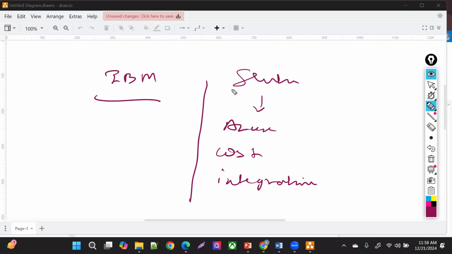So if you're telling me that my workload has been deployed with Sentinel on Azure, then I'm using it. The customer will say, okay, IBM is also there. You can use IBM QRadar, which is also going to provide the integration with the Azure Sentinel and Azure services. Then why this one? Then you can sell that cost is also there in integration with those Azure services,